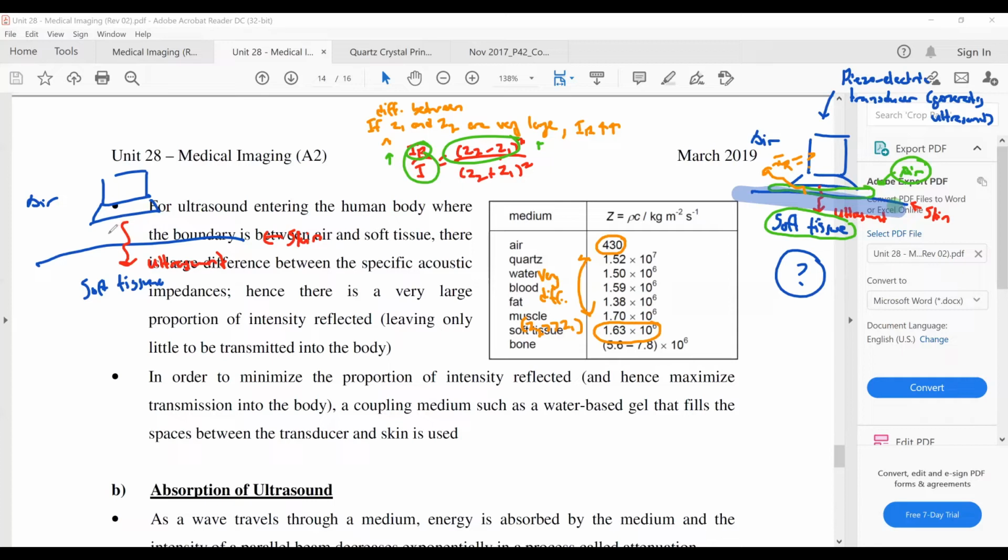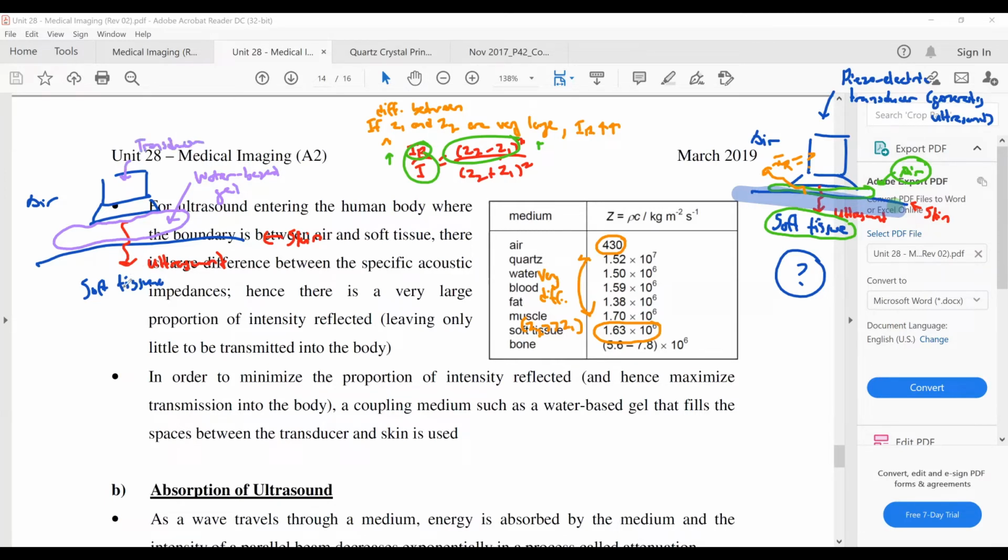Now, if you want to have very little intensity reflected here, what we will tell you now is that you need to put some sort of gel in between the transducer and your skin. Meaning to say here, you put some sort of gel, water-based gel. You need to put something called water-based gel here, right? So when you put a water-based gel between your transducer